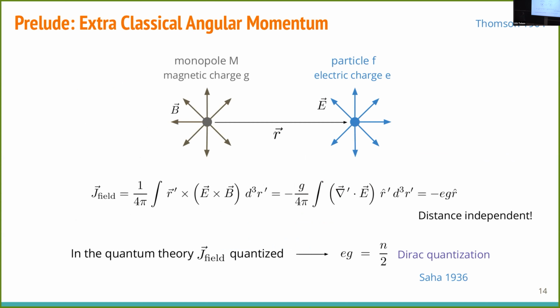Good. So let me tell you why, already at the classical level, there's something funny about the scattering of charges and monopoles, and there's a modification of the angular momentum problem. Let's say I take just a static charge here and a static monopole here, and I do the exercise of calculating the angular momentum that's locked inside the electromagnetic field. So I take the Poynting vector, I cross it with r, the position vector, I integrate over all of space, and using identities on the cover of Jackson, I find that the result is minus e times g times r hat, which is the direction from the monopole to the charge. This is distance independent. That's crazy.